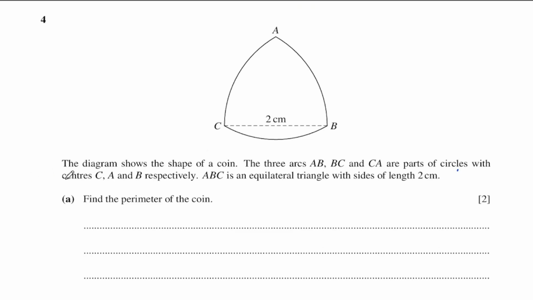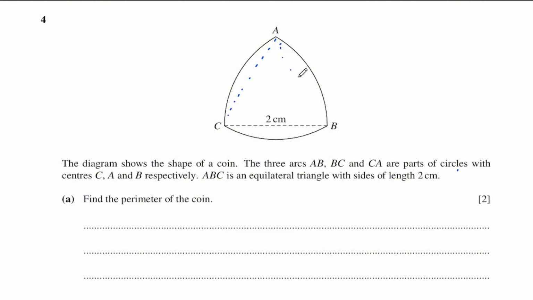The next part here, the diagram shows the shape of a coin. The three arcs AB, BC, and CA are parts of circles with centers C, A, and B respectively. So basically AB would be with center C, BC would be with center A, and AC would be with center B, sorry. Yeah. ABC is an equilateral triangle. That means this right here